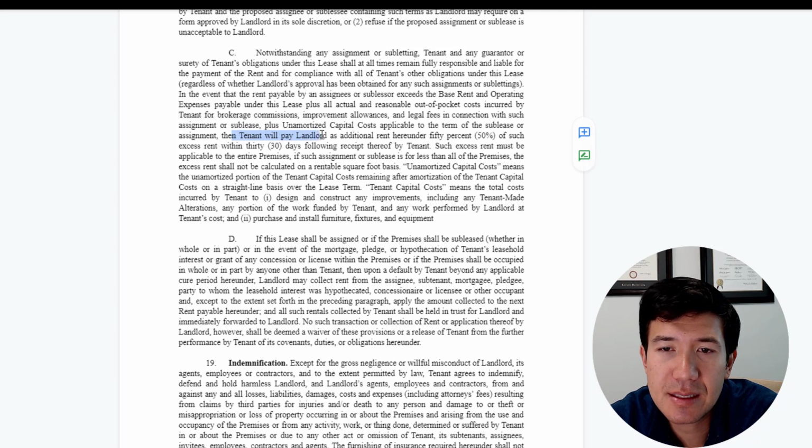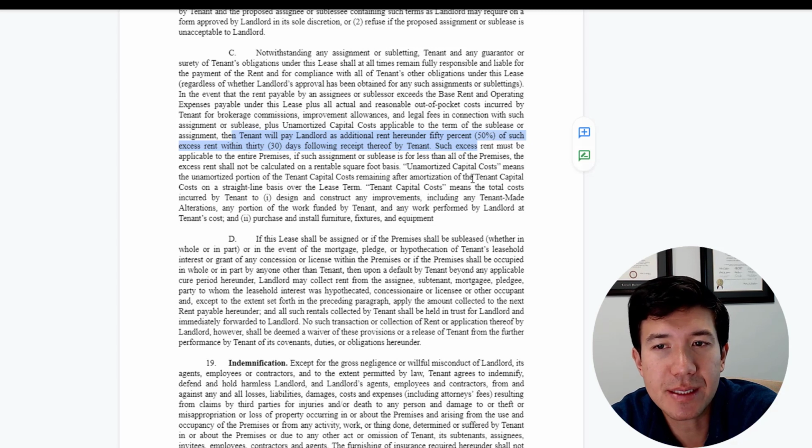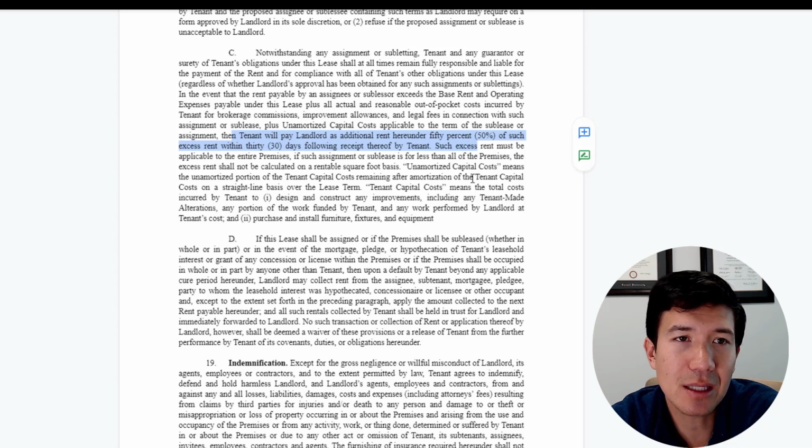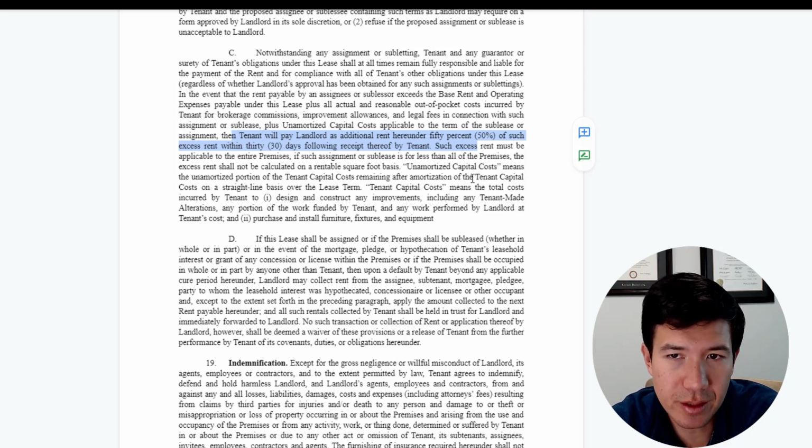So if the tenant subleases for excess rent, they will pay 50% of that gain to the landlord. It basically just prevents the tenant from making the benefit of the bargain and advertising or soliciting more tenants to come in. They're not going to be able to run a business of subleasing out their space. That's not what the landlord wants. They're expecting a single tenant to come in to be the user. They're not looking to be another middleman over subtenants that they have less control over.